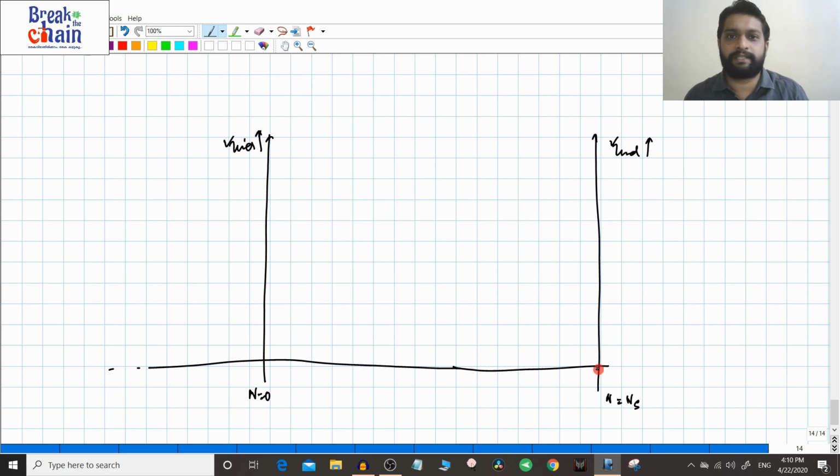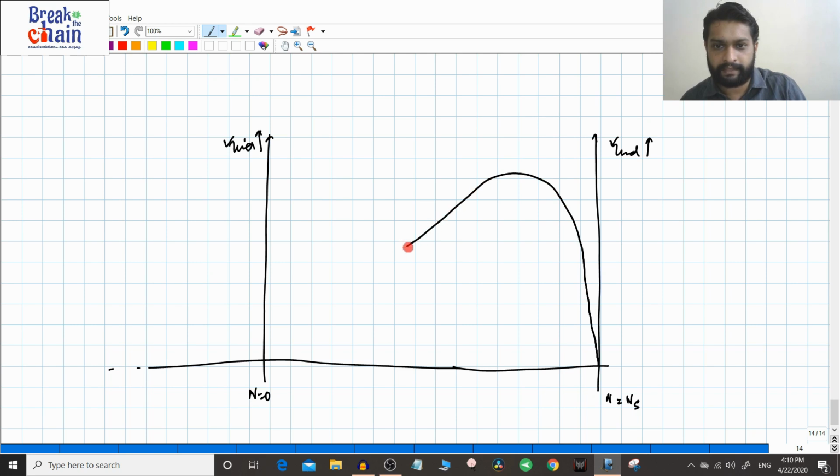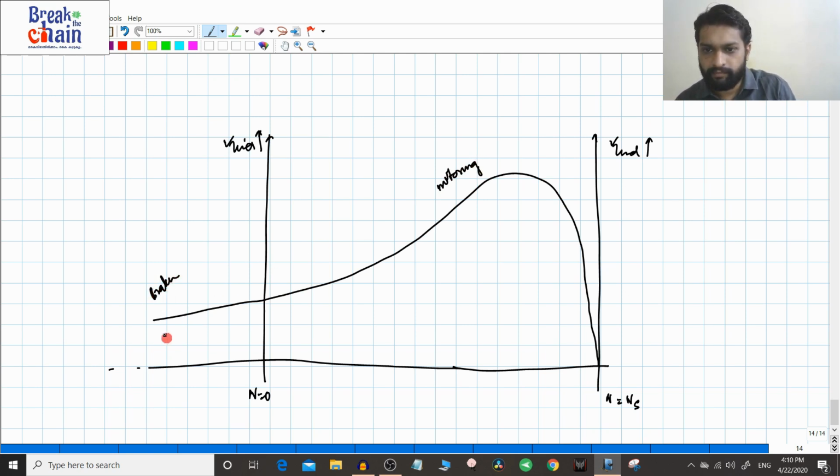Now we will draw the torque slip characteristic due to the fundamental. Let this be the torque slip characteristic due to the fundamental. This is the motoring mode, and this is the braking mode of operation. What I am saying is that at some speed here, at minus 1 by 5 ns, you are having a finite torque here.